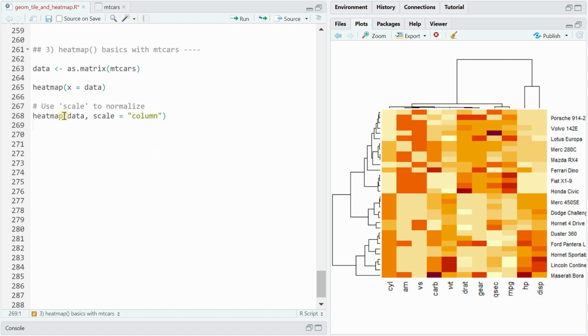By default, the heat map function will introduce some ordering of the rows and columns based on the correlation of their values, and then it will create these dendrograms where it will group similar columns together as well as similar cars. Displacement stands for the volume of the engine, so the more cylinders you have and the bigger they are, the bigger is your engine, and this correlates very strongly with the horsepower. A bigger engine can generate more force.